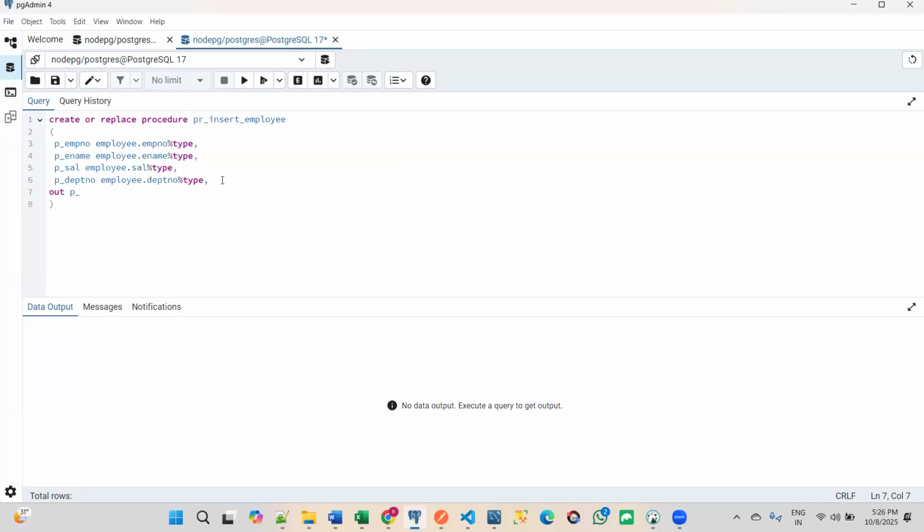So p_sts, or else status, integer, p_message. This is also an output parameter, and this one is text. One more column, serial number, p_serial_number, integer. Okay, and language plpgsql